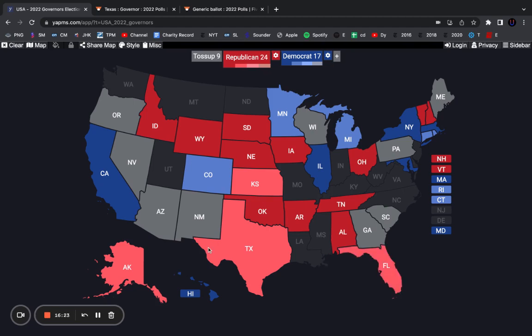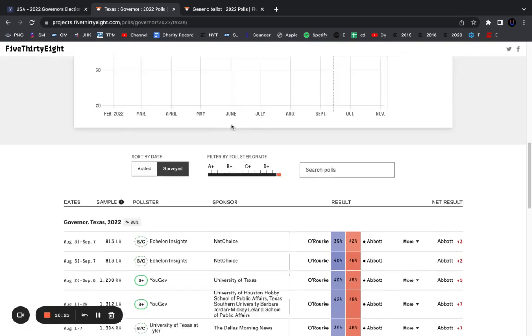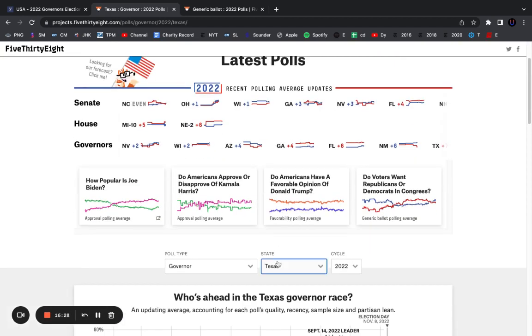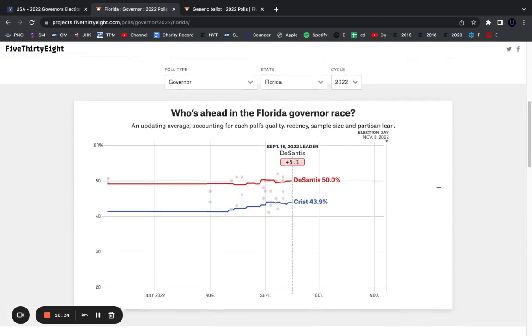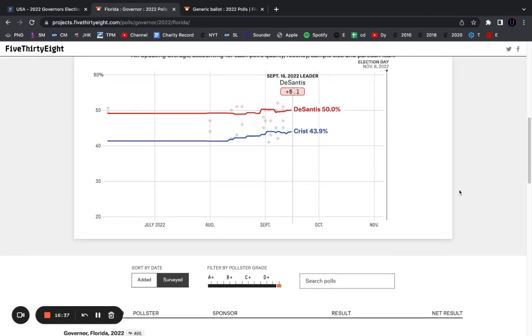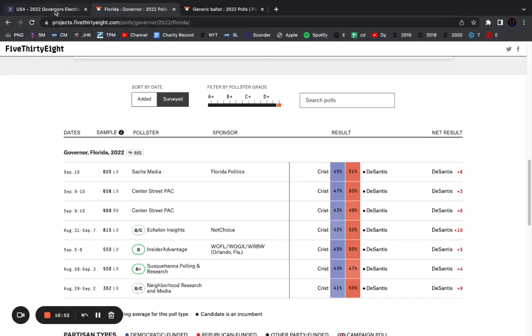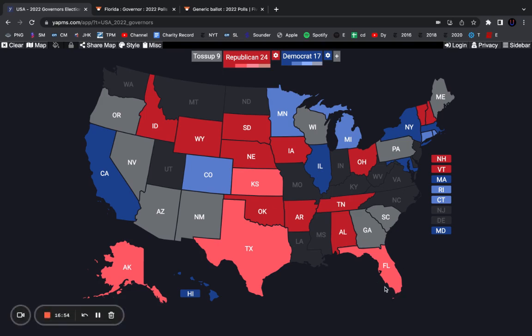Next up is Florida. Obviously, Ron DeSantis, a pretty decently popular governor in Florida. Right now, he's leading in the polls by 6.1%. So yeah, that's kind of what you'd expect. The polls tend to underestimate Republicans in Florida. They underestimated Trump by 5% in 2020, and by like I think 2% in 2016. I think we'll see a similar thing. DeSantis will probably be up by like 5 or 6% on election day, but he'll probably win by close to 8%, which I don't really have any strong feelings about. I think he'll win pretty easily.